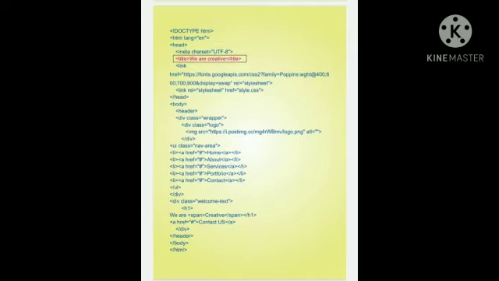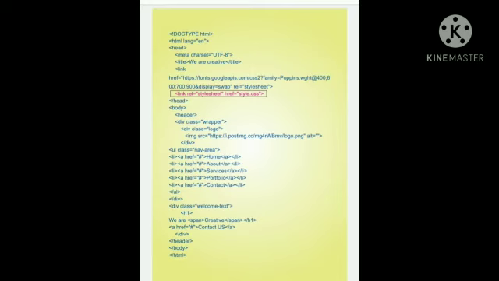In the head tag, there is a title tag. Here you can enter the title that you need for your website. It will be displayed on the left corner of the screen. Here I entered my title as We Are Creative. Now the next step is to link the CSS file here. This tag is used for this purpose. As I saved my CSS document as style.css, I entered it here as style.css.